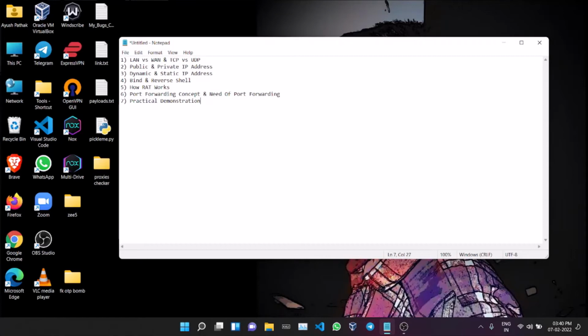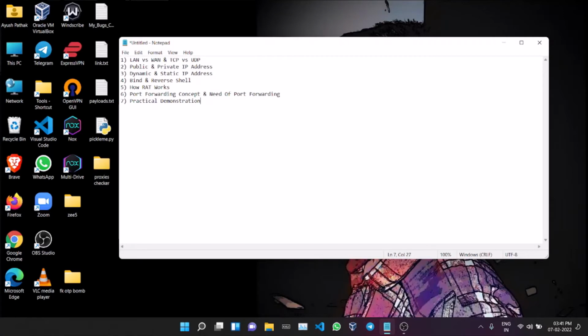This is the concept of port forwarding, and I think you should have got an idea of why we need port forwarding. If you haven't, then let me tell you that we are using the concept of reverse shell. We are not connecting to the target or the client, but our target is connecting to us, and our target is on the internet, not in the same network. If your target is inside your network, like if you and your target are connected to the same Wi-Fi, same router, same Ethernet or something like that, then you don't need port forwarding, because you can directly access them inside your network.